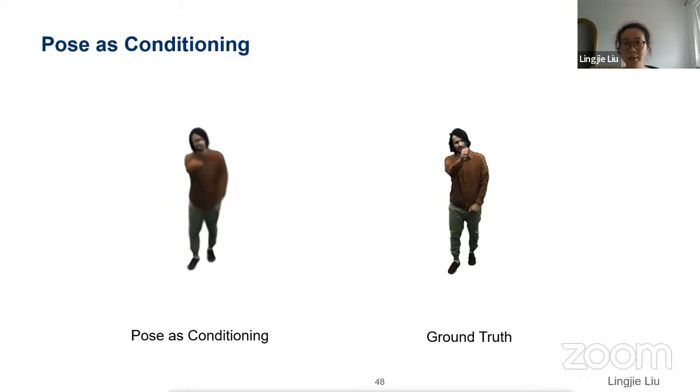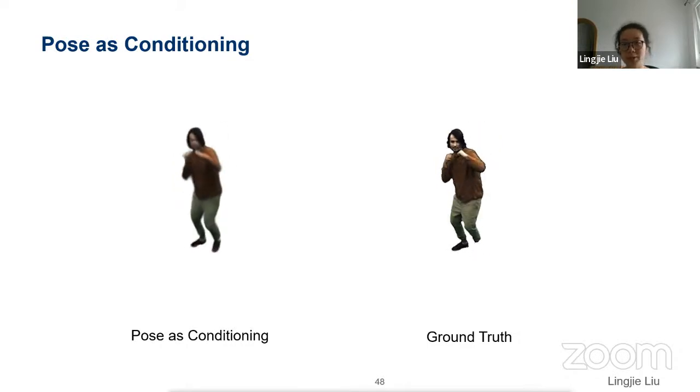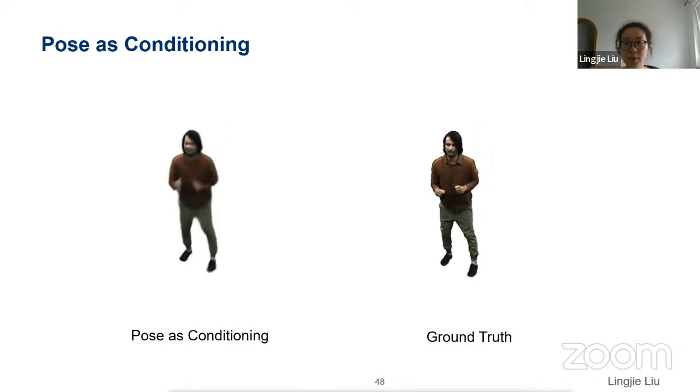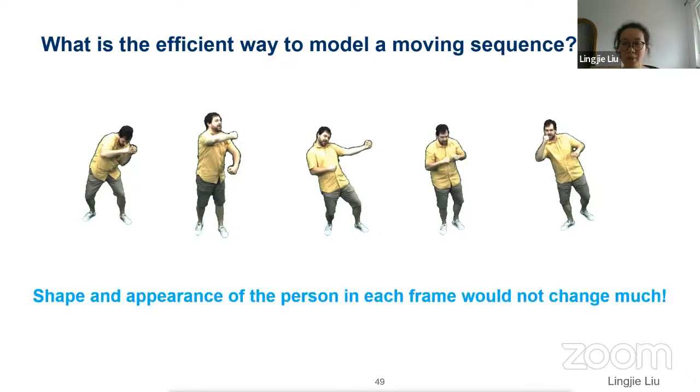That is, the network needs to memorize the full information of the scene in each frame. This is inefficient because we know there is shared and coherent information across different frames. That is, the shape and the appearance of the person in each frame do not change too much.